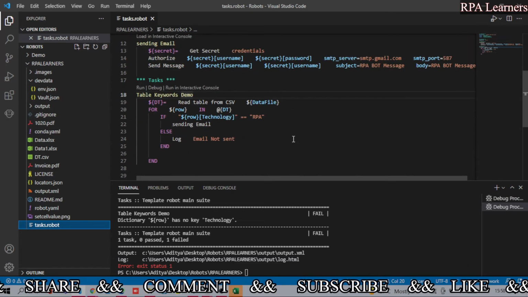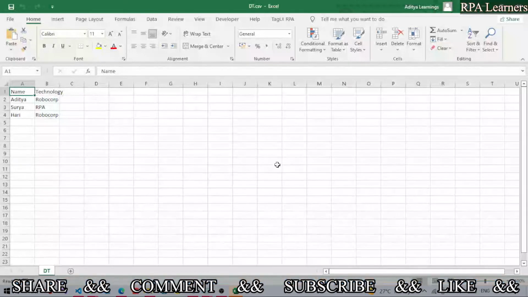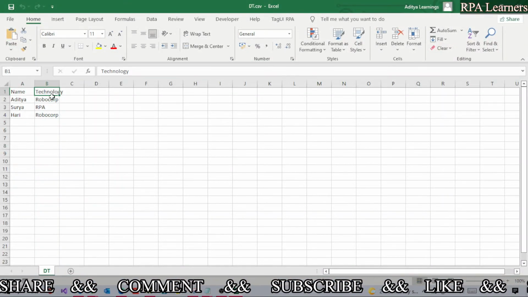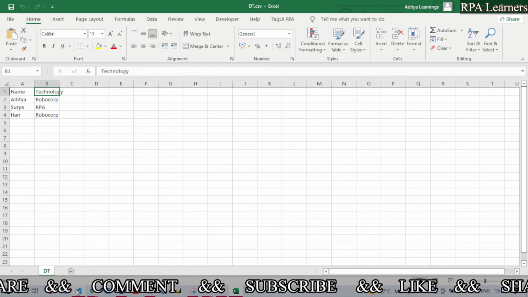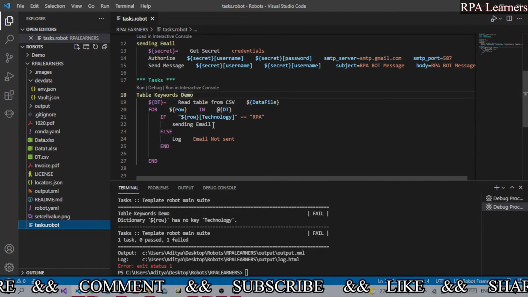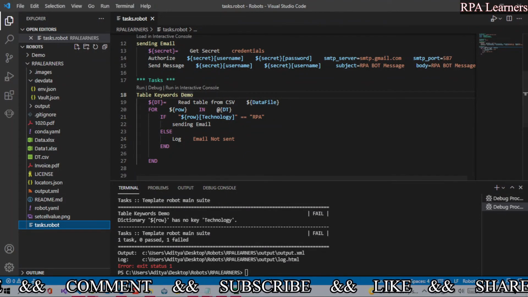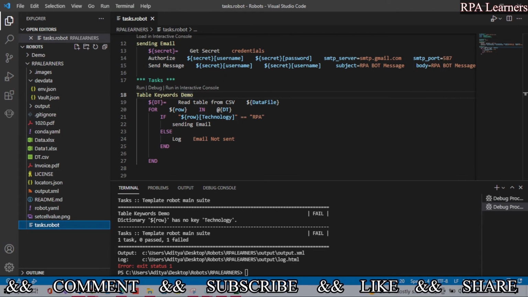What is the column name, which is technology, and here we have technology only.